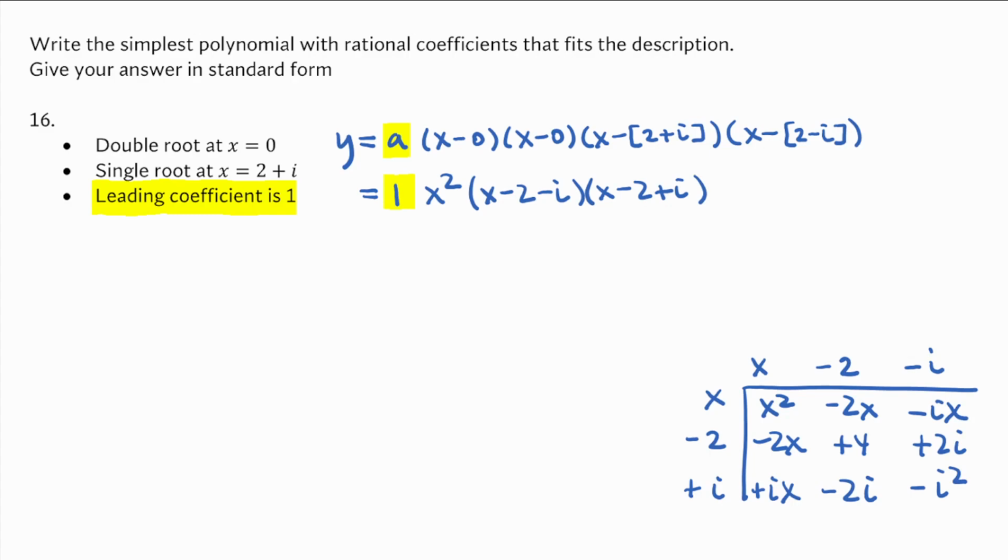Okay, there we go, and we're going to have things with... wait, that would go there, and this one would go there. I've lost a term, but that was negative 2x. And, all right, I can combine my like terms, and remember that i squared is negative 1. Oops. So it was negative 1. I'm going to have x squared minus 4x plus 5